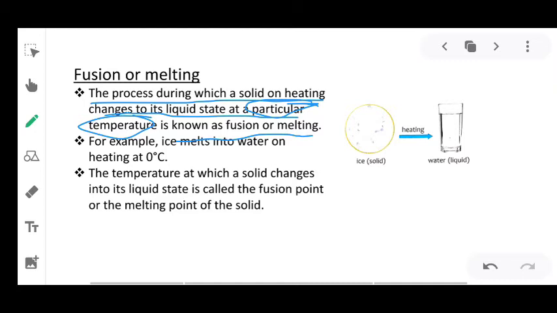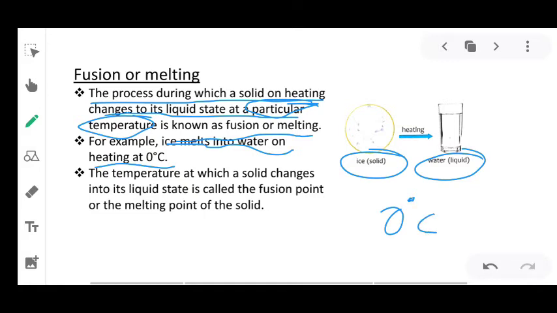So when a solid changes its state to liquid, that process is called fusion or melting. For example, ice melts into water on heating at 0 degrees Celsius. Okay, so ice melts into water at 0 degrees Celsius. Okay, so at a particular temperature,